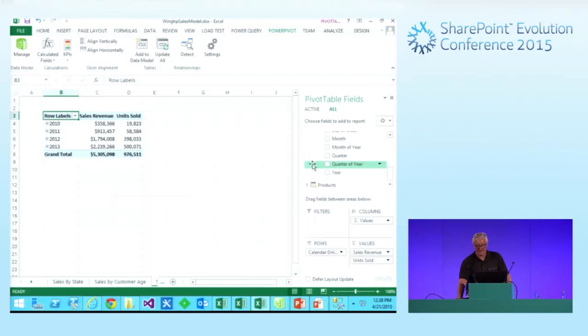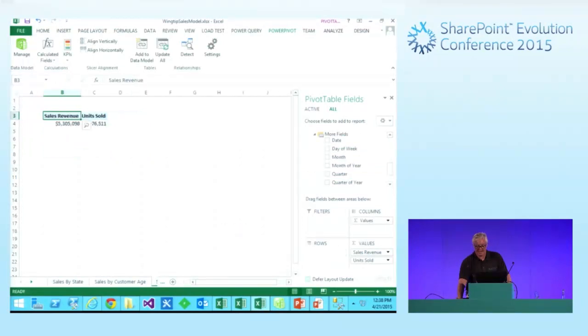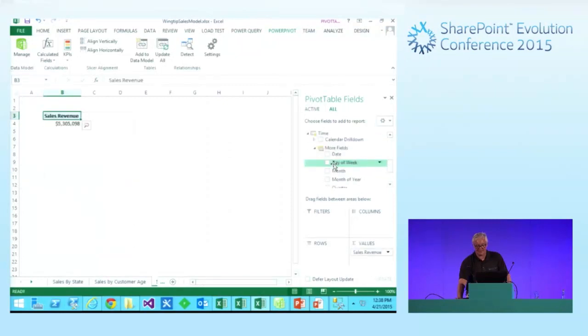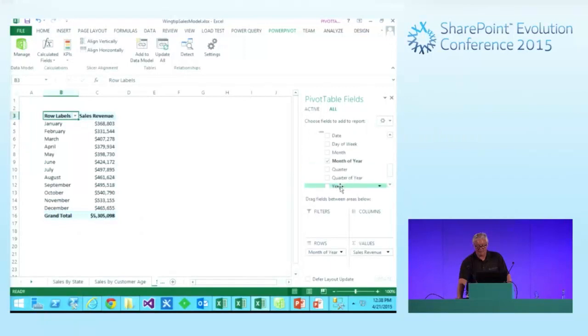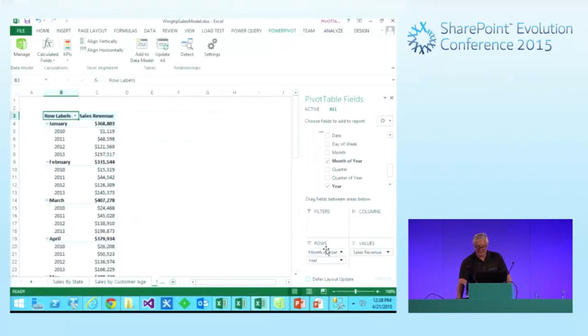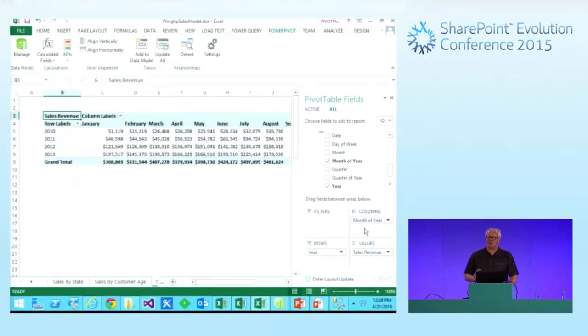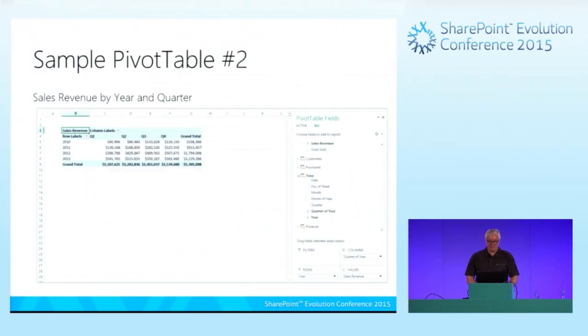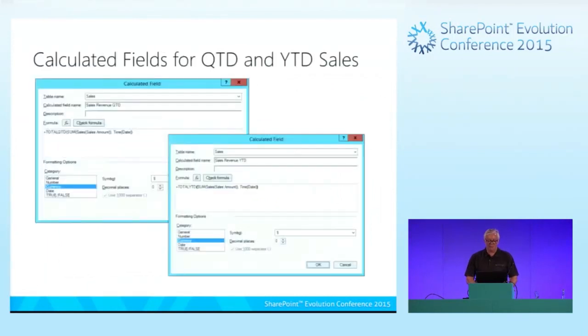Maybe I want to look at things in a different way. I want to look at things by month. Let's go ahead and remove some of these. But let's say that I want to look at sales revenue, and now I want to look at that by the month of the year. And then we'll put year up top here. So being able to change things around gets to be lots of different ways to slice and dice the data to look at basically any unit of time. Okay, so once again, if I look at these different sample tables, they're all made possible once you've added that